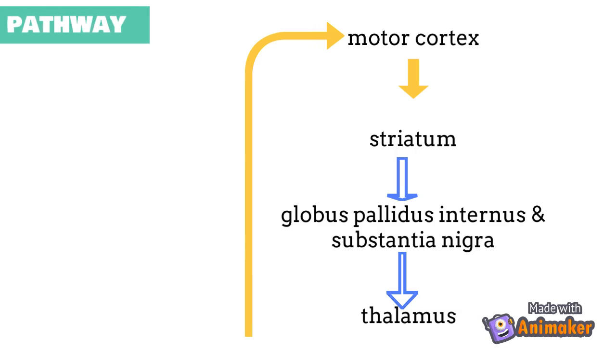Next, the striatum sends GABA interneurons to globus pallidus internus and the substantia nigra. Inhibitory signals are depicted as blue arrows. They both send the inhibitory signals to the thalamus. And you see the arrow, it thereby sends the excitatory signal back to the motor cortex. And the loop continues. The net effect is, it turns on the motor cortex and disinhibits the thalamic control of